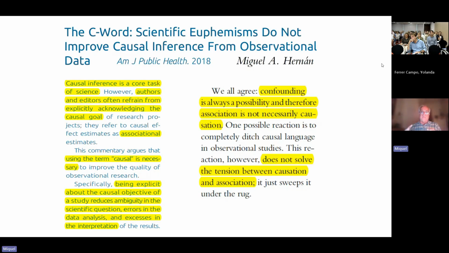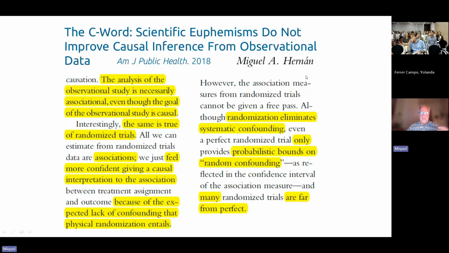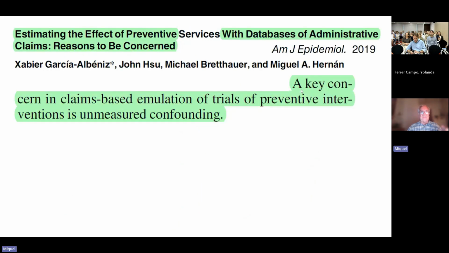As we will see, in recent years, in the past 10, 15 years, there has been an increasing relationship between observational and experimental studies. One of the major concerns with observational studies has not changed in 40, 60 years, which is the possibility that we do not control confounding appropriately. And this is something that Miguel and Xavier have explained in a very, very peculiar and interesting paper, because